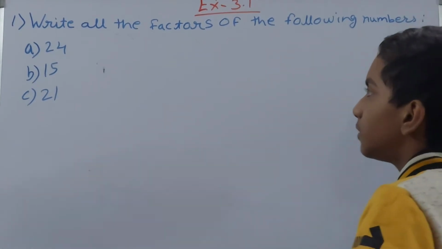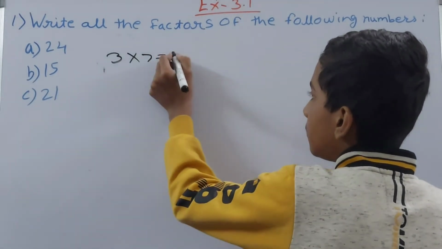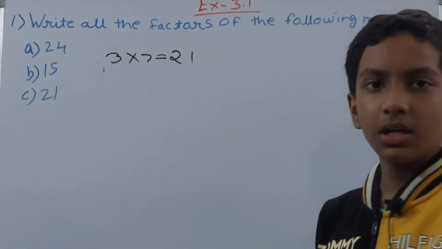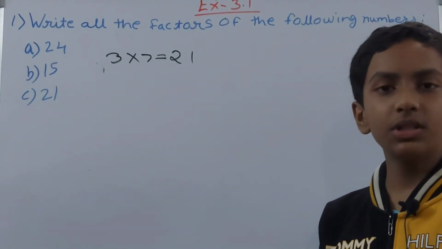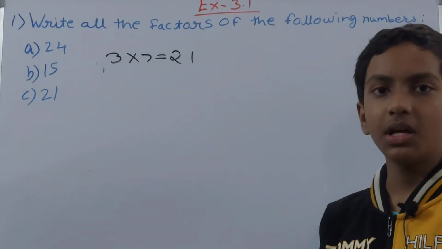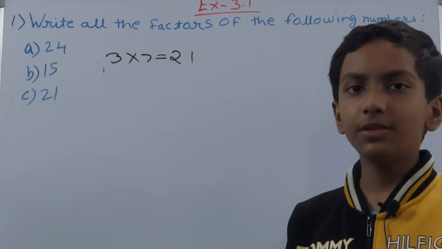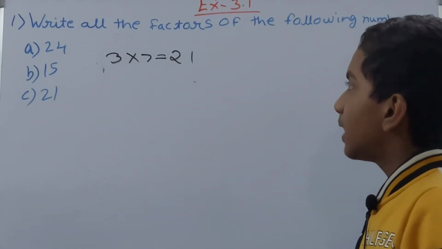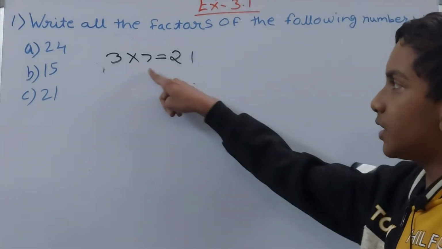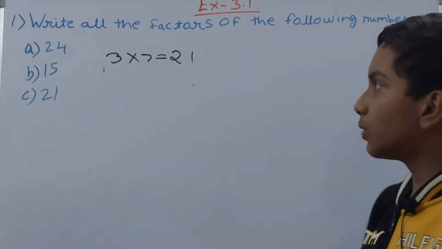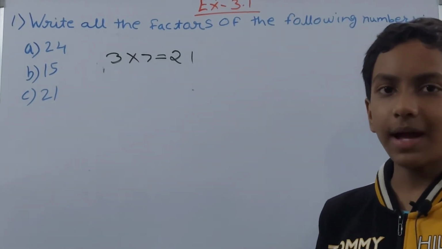3, if you see 3 into 7, what will you get? 3 into 7, we will get 21. So, this is a factor. Then 4, no, 4 5s are 20, 4 6s are 24, again we are not getting 21. 5, again no, why? Because 5 4s are 20 and 5 5s are 25, we are missing it. 6, again no, we cannot get it. 7, we can, 7 3s are 21, but it is already taken over here. Okay, so now if you count, there are no more whole numbers which you can find in this.